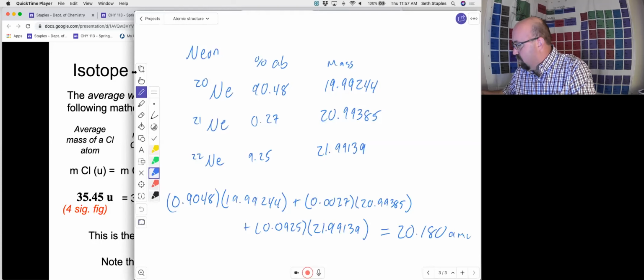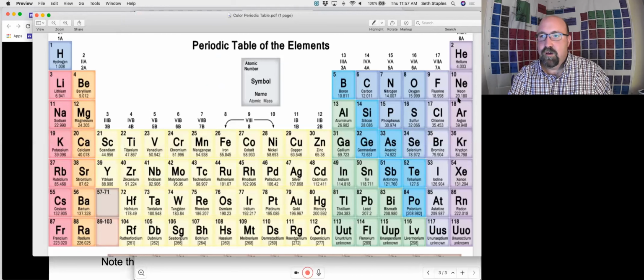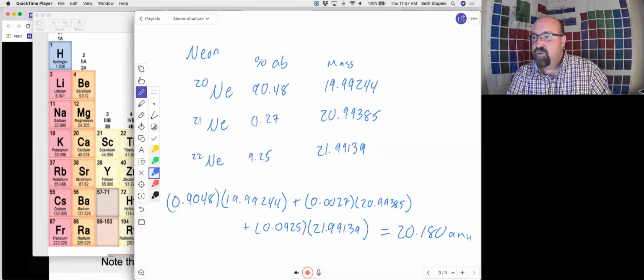20.180 atomic mass units. And so let's check the periodic table. Neon, 20.180. And so that's all there is to it. All you do is again, take the abundance of each, multiply that by the mass of each, and then add them up. Let's look at a somewhat more complicated example, though, because sometimes what you're going to be given